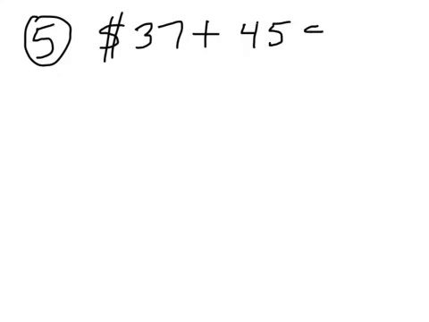Let's try one more. Let's look at number 5 on the homework side, and we have 37 whole dollars plus 45 cents, which is less than $1. So if we have 37 whole dollars plus, because it says to copy each exercise and then add, so plus 45 cents, well, we need to know